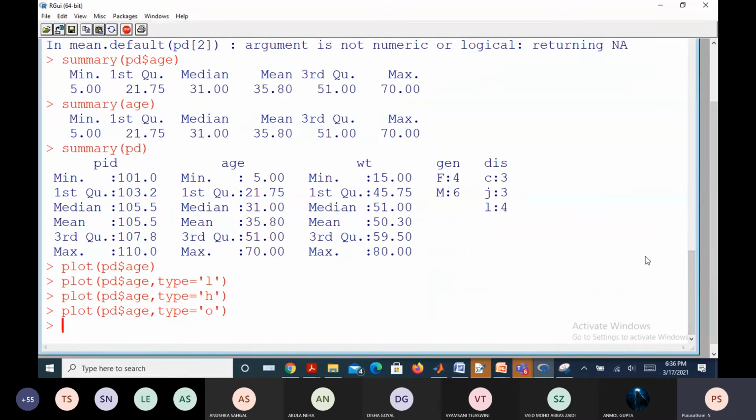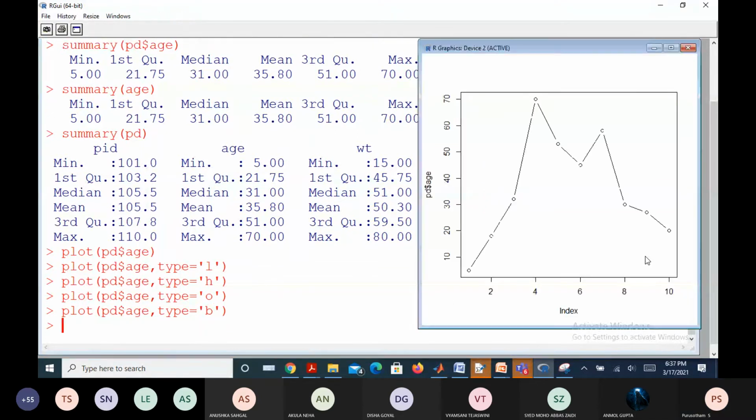So can I add b here, little b? What is the difference you notice now? Is the line a broken line? Yes, sir. You have a broken line, isn't it? Likewise, there are several specifications for different plotting purposes.